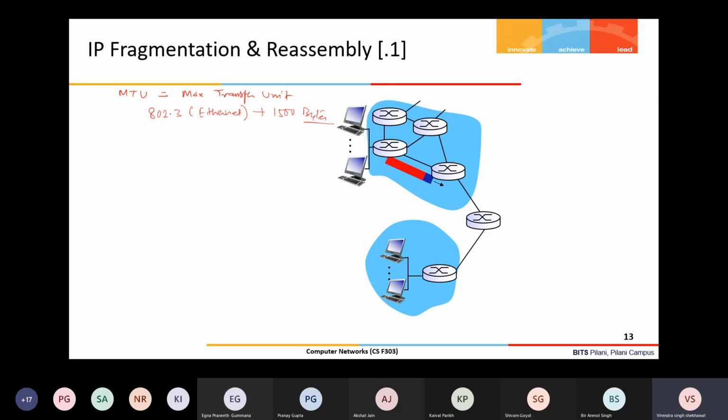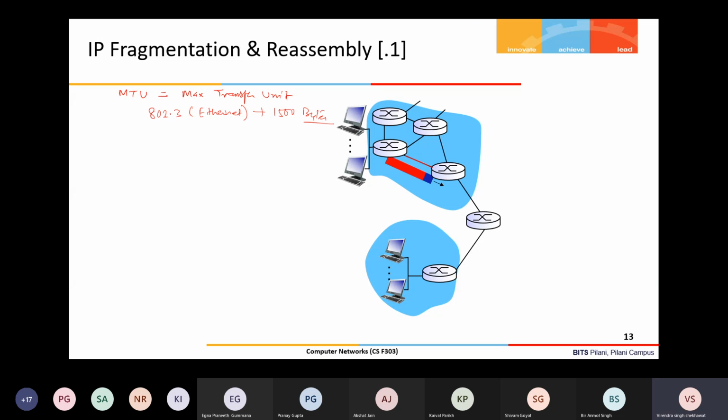It means a size of 1500 bytes is the maximum which can be received or transmitted over an Ethernet link. These layer 2 links can use any layer 2 technology. It can be a Wi-Fi link, it can be Ethernet, it can be satellite, or any other protocol stack, Zigbee or Bluetooth.